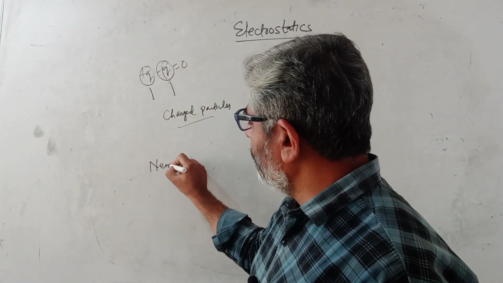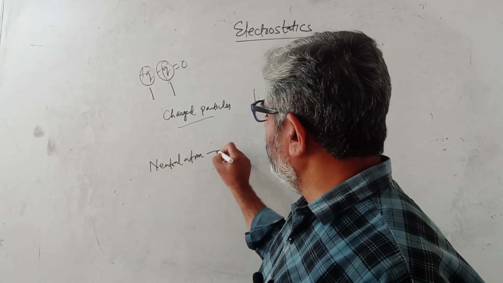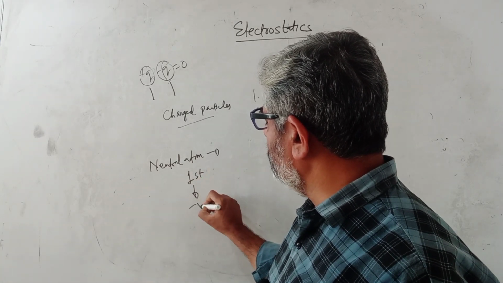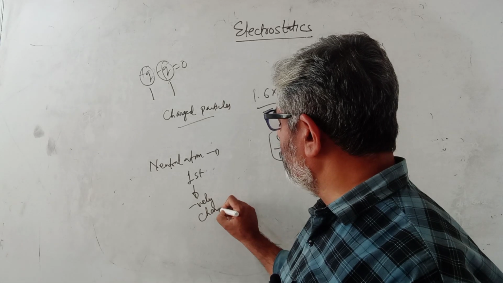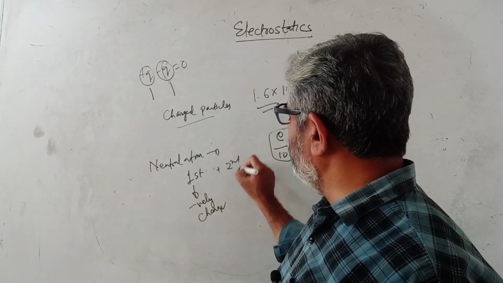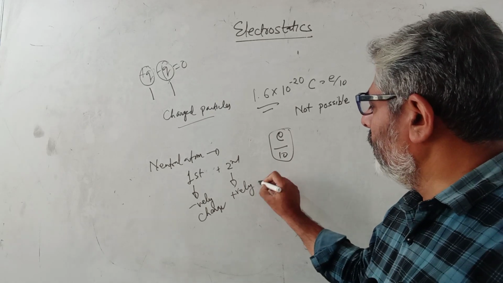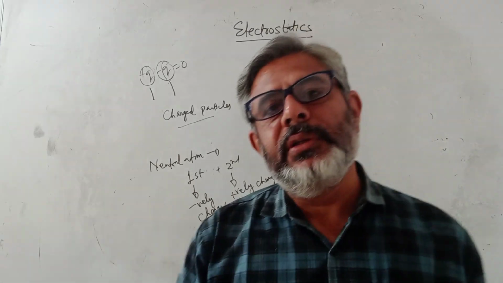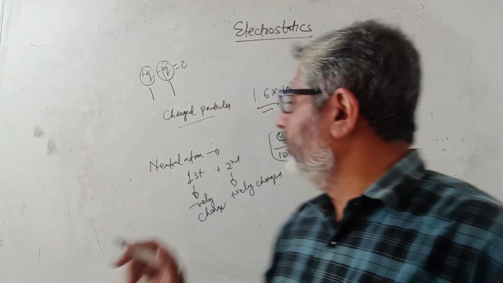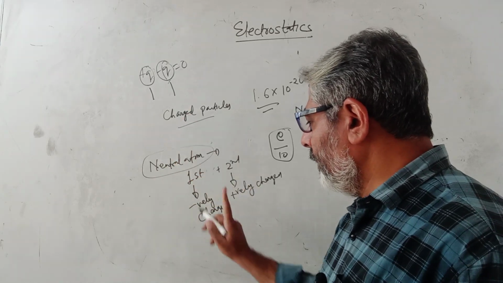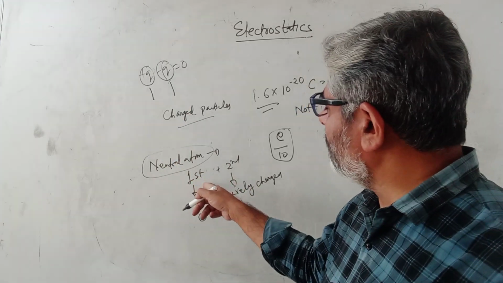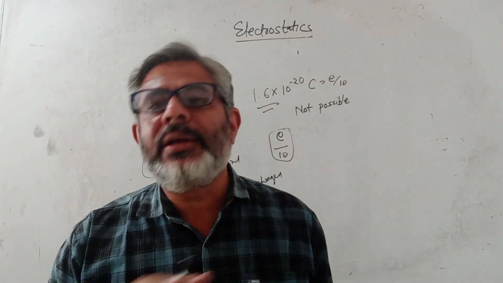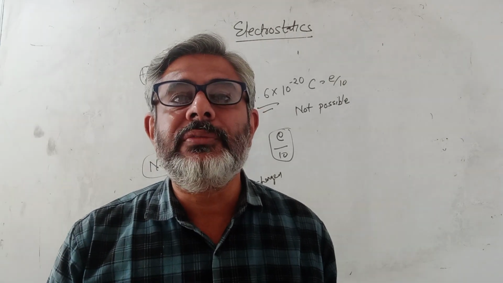So if a neutral atom breaks into two pieces, the first one is negatively charged and the second particle is positively charged. I am repeating what I am saying. A neutral atom breaks into two pieces. One is negatively charged, another one is positively charged. So this neutral atom was an uncharged particle, and now I have two charged particles. This is charged, this is charged. So this is not conserved. Total number of charged particles is not conserved.